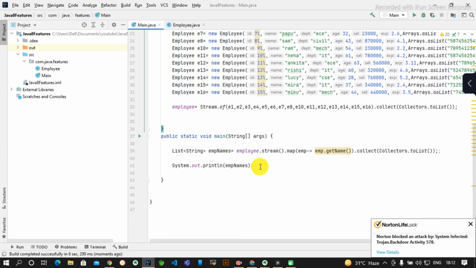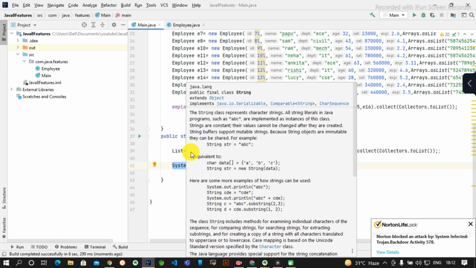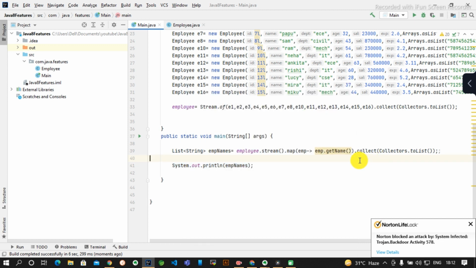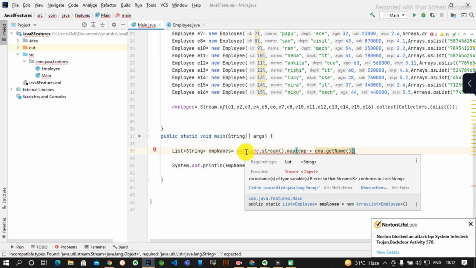In the past video I told you that map and flat map return a stream of objects, but now let's see how it is returning a list of employee names. It is because of Collectors.toList. If I don't use collect toList, you see it tells that it will be returning a stream of objects.